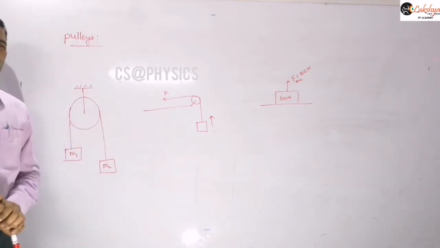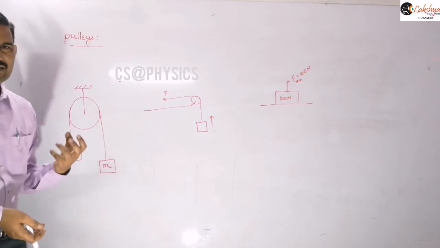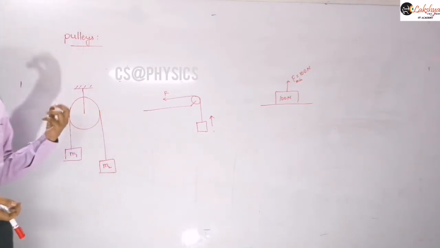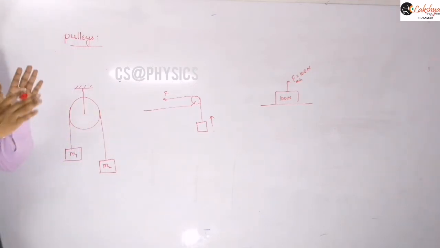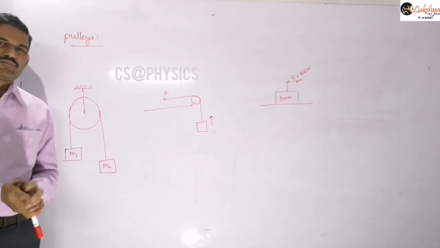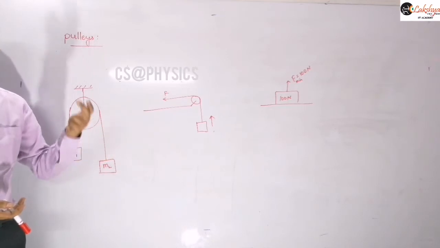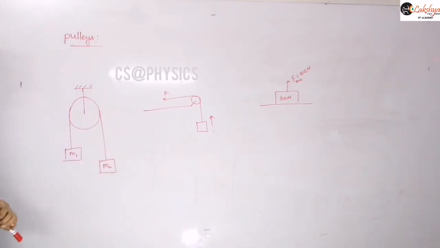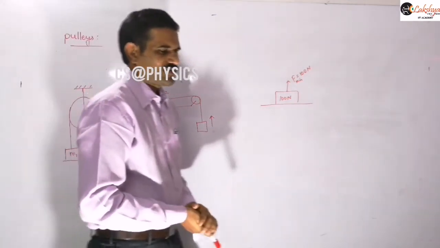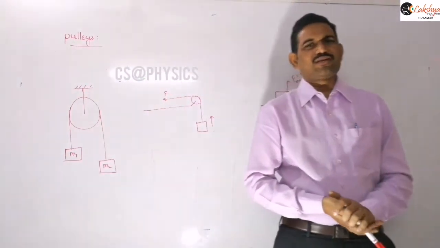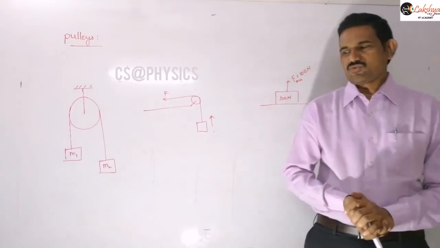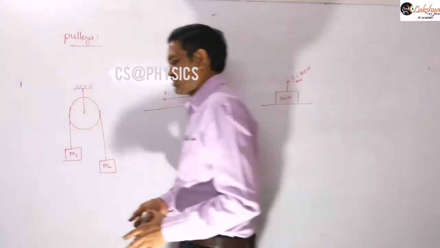And if the friction is negligible, and if you are taking the ideal case, that means friction, pulleys and strings are ideal, then the magnitude of the force will remain the same, only the direction changes. But if any of this deviation is there, like mass of the pulley is considered, or the tension, that means friction is considered, then the force magnitude also changes, direction changes as well as the magnitude. So just to mention that